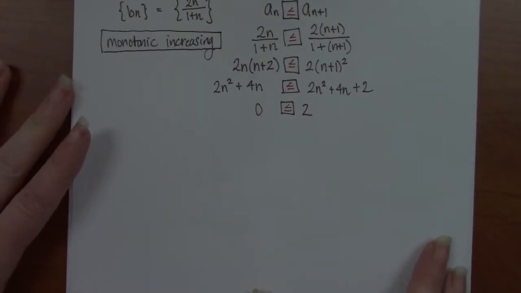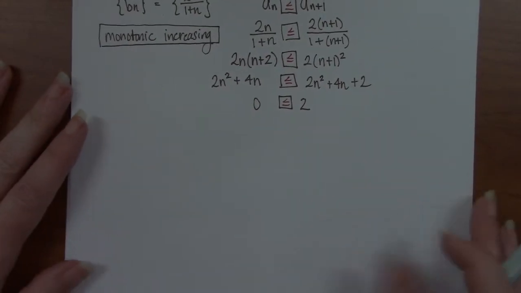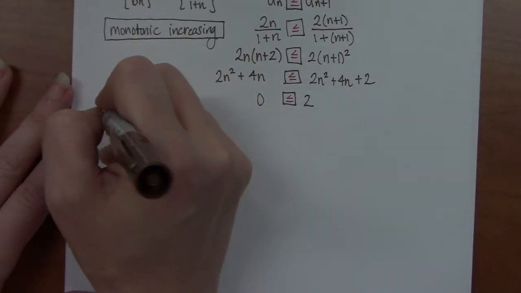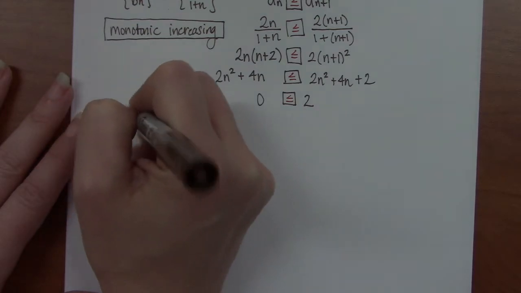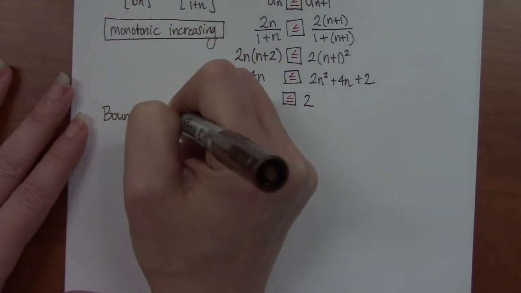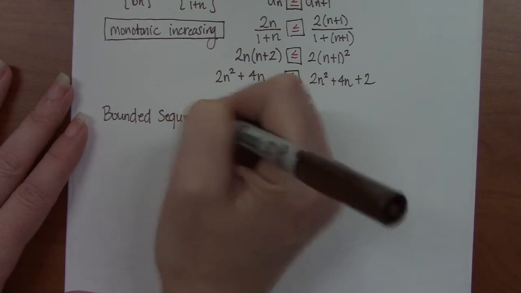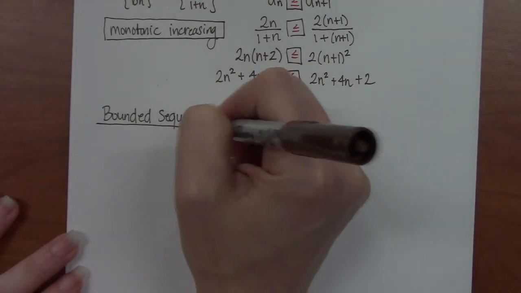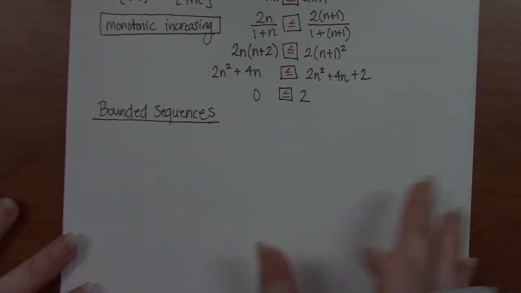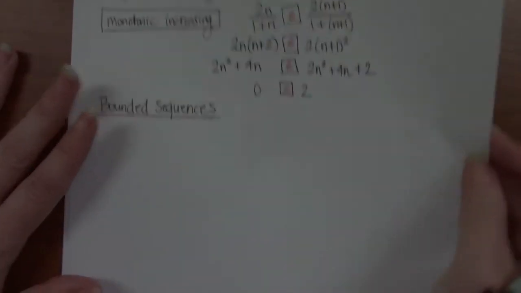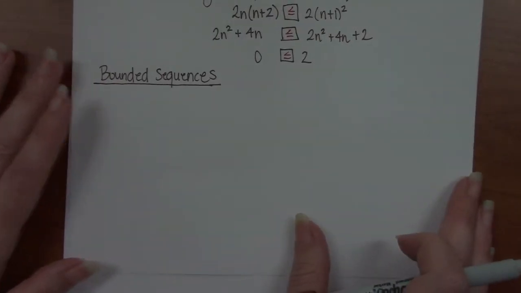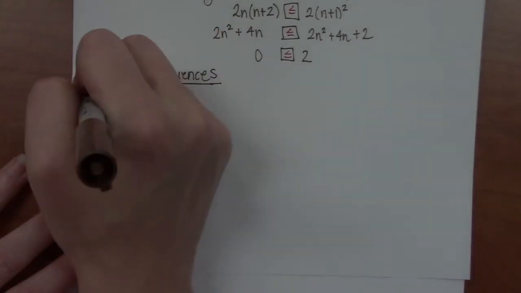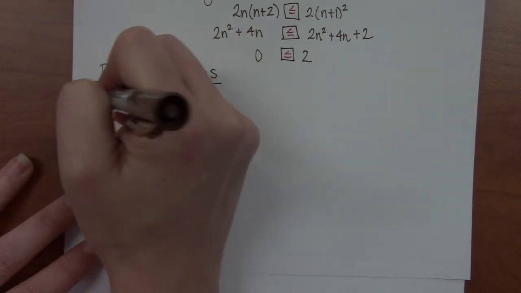All right, so the last attribute I want to talk about that can happen with sequences is a bounded sequence. Right? And there are sort of 3 subsets of what can happen here. It's 3 different ways you can be bounded. So the first one